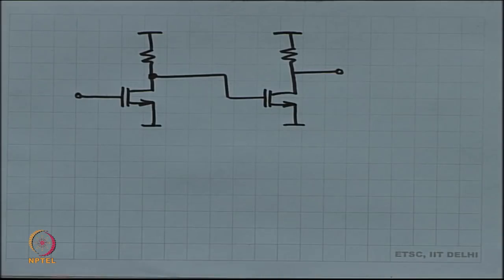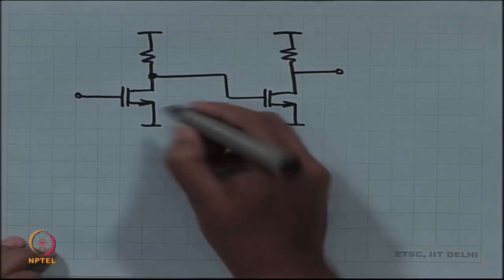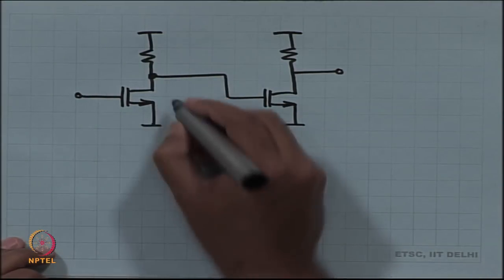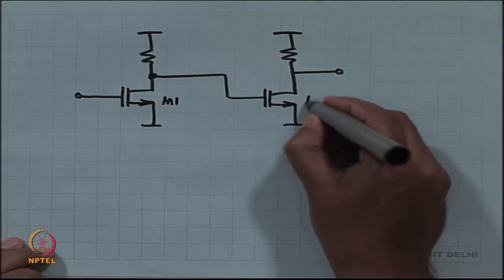So, this is the cascade amplifier, two common source amplifiers one after the other, and let us call them M1, M2,